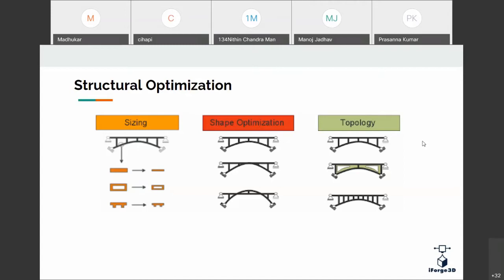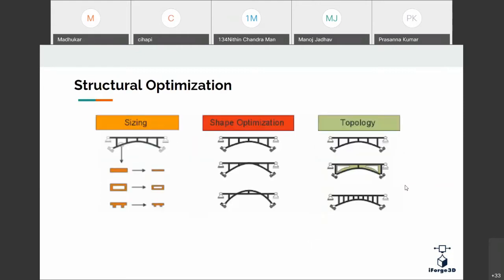Similarly, for topology optimization, we again have three structures here. If you observe the first, second, and third, the first one is a very minimal kind of structure. In the second, you can see we have reduced the number of bars in it, and we filled that with another material. But there is a little chance of variation in the stress or the stiffness of the total design. In this way, three types of optimization techniques were applied.